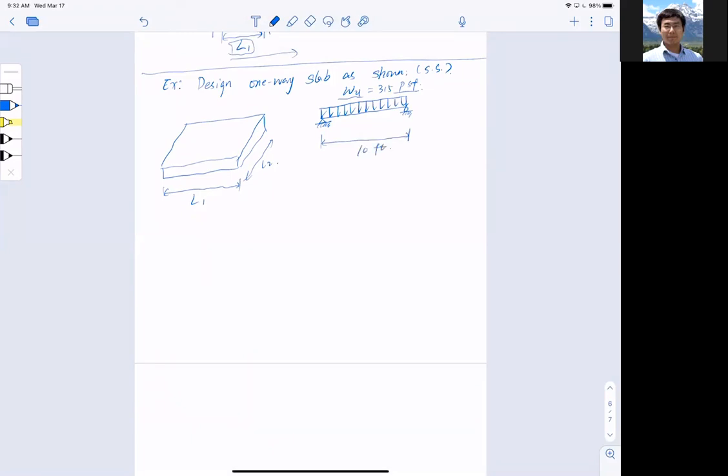Okay, let's list some of the parameters. The dead load is self-weight only. I still have dead load on top of it, just like any other structure, which I have to compute from the cross section, and I will show how to do that. I have a live load equal to 150 pounds per square foot,